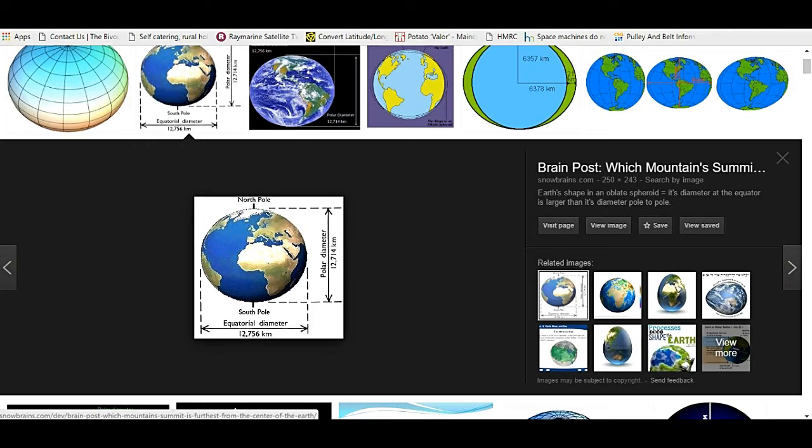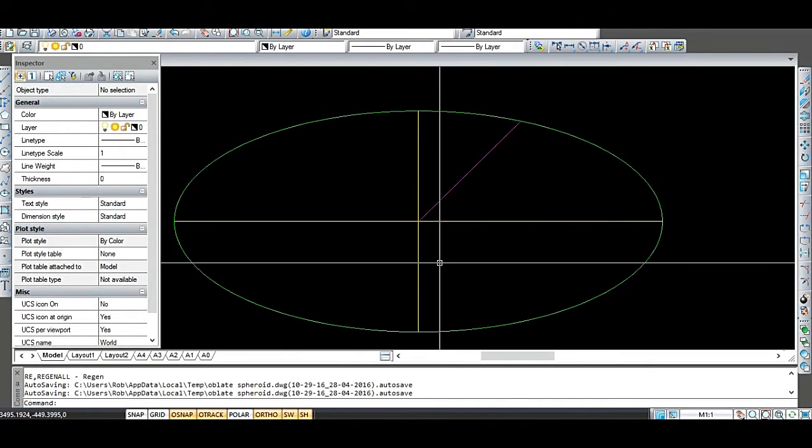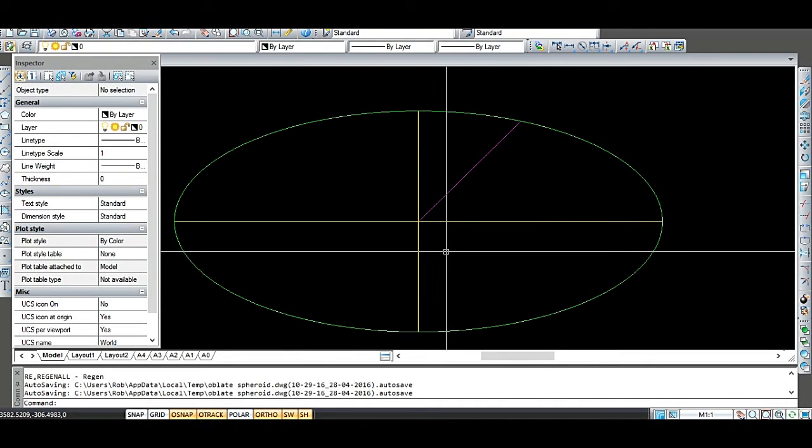equatorial diameter is 12,756 kilometers and the polar diameter is 12,714 kilometers. So all of these pictures, this one, this one, this one, and this one, they all have the same distances. So I'm going to go ahead and assume that that is the accepted size of the Earth. So with that in mind, I decided to draw an exaggerated